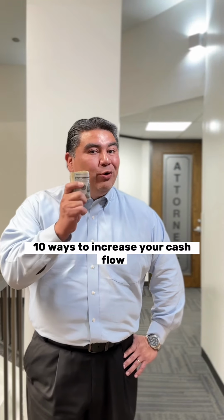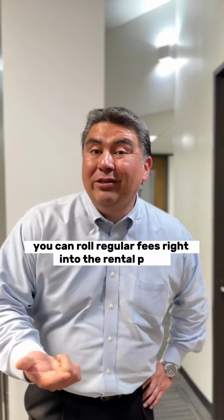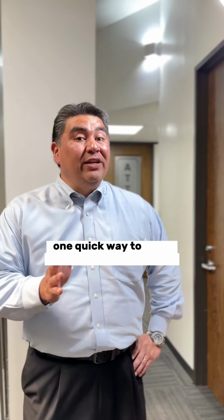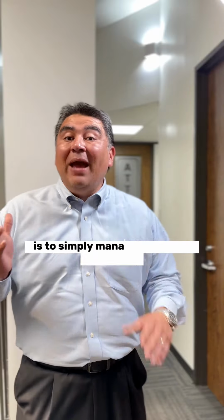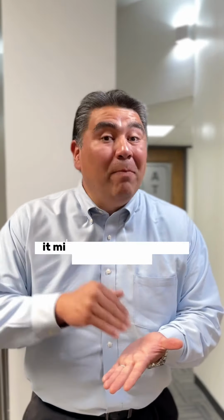10 ways to increase your cash flow. You can roll regular fees right into the rental price. One quick way to save yourself a lot of money is to simply manage your own properties. Here's an easy one. If you haven't done it in a long time, it might be time for you to